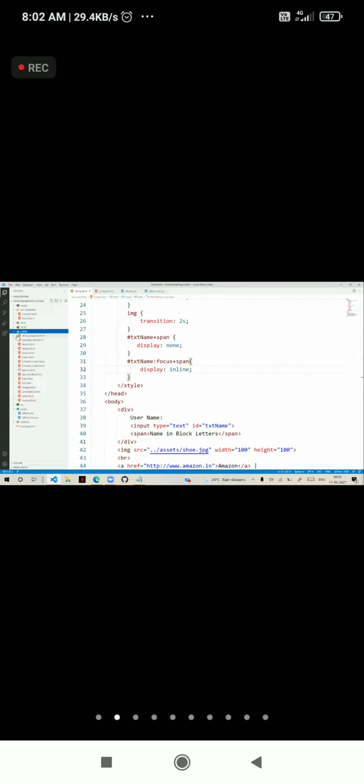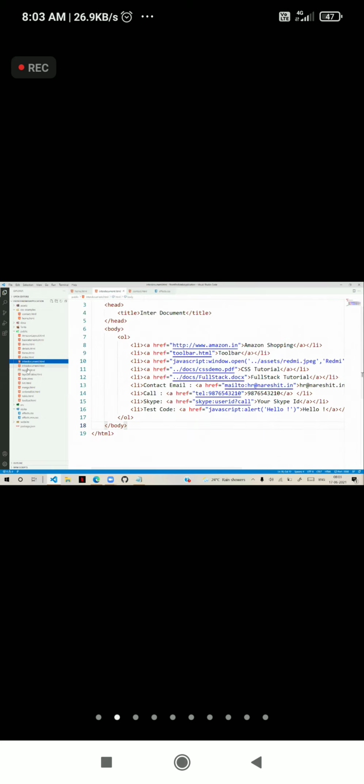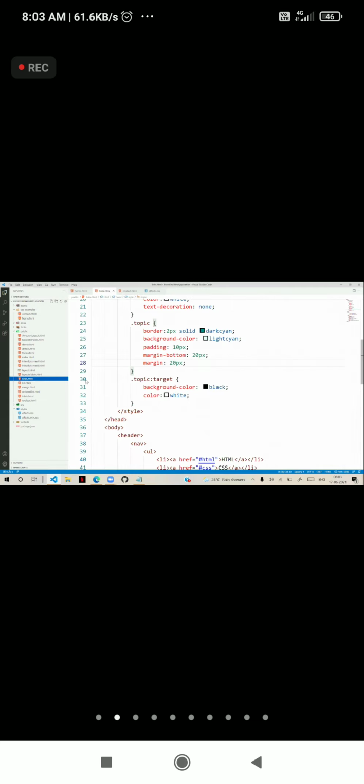When we were learning about intra-document navigation, we discussed the target concept. This is where we discussed target. This example we already learned.